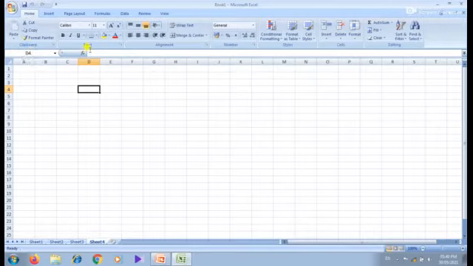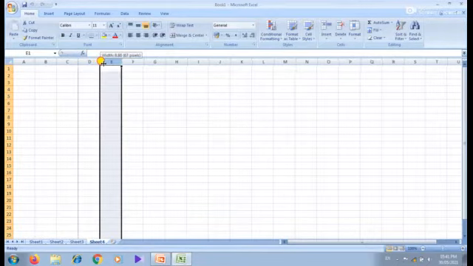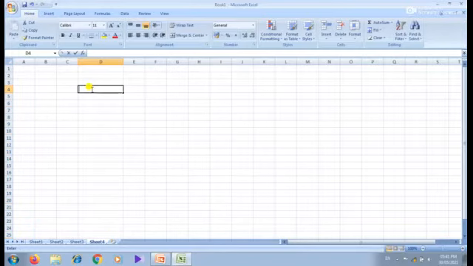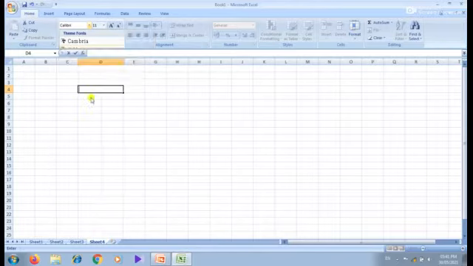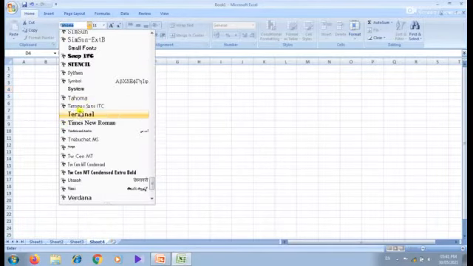Did you understand? This is the formula bar, and whatever we type inside the cell is also displayed in the formula bar. See here, for example, I am typing ABC like that. We can change the font size also, then only you can see it in a visible manner.